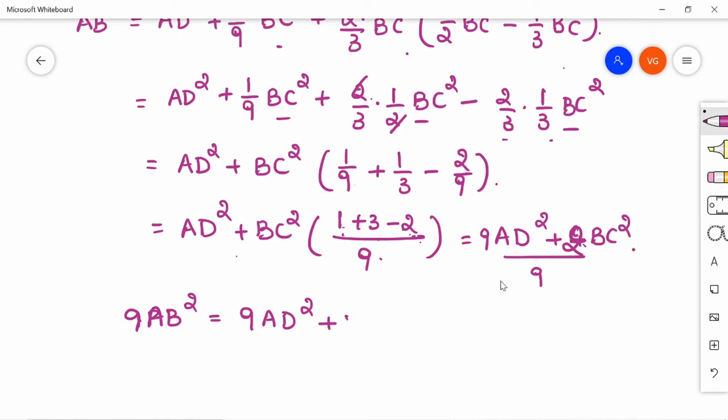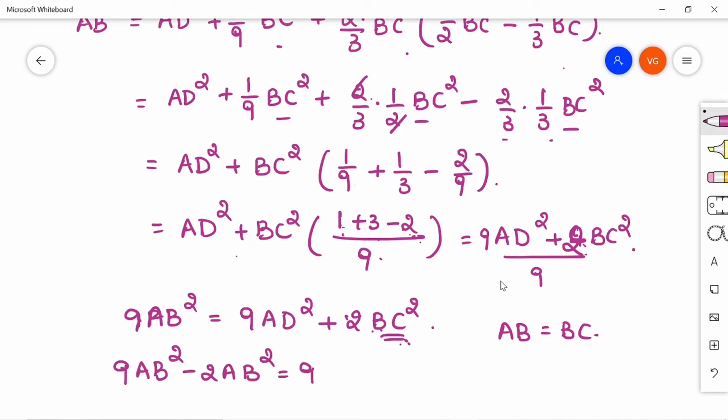1 plus 3 is 4, 4 minus 2 is 2, right? So plus 2 BC square. As they have given, it's an equilateral triangle, AB is nothing but BC. So this BC can be written as AB only. So taking to the other side, 9AB square minus 2AB square is equal to 9AD square,